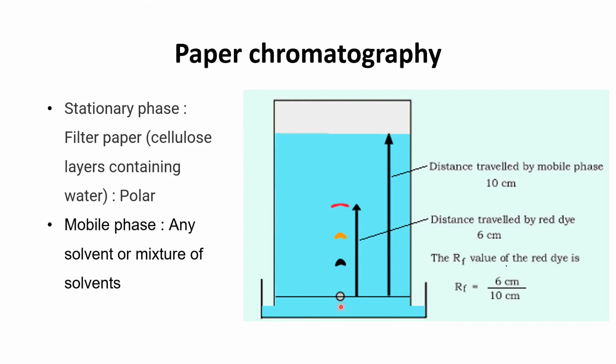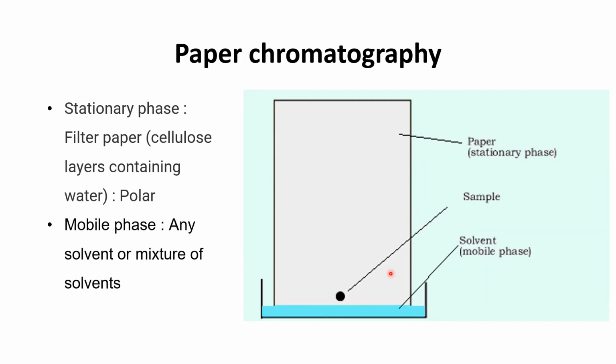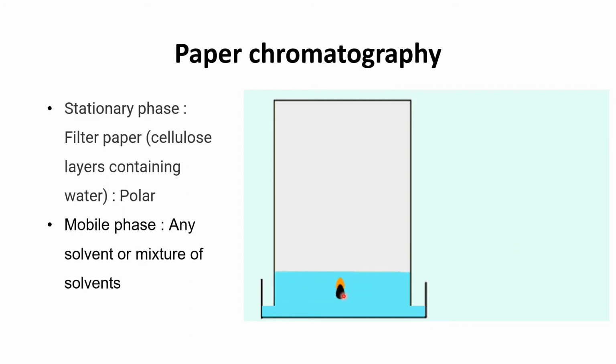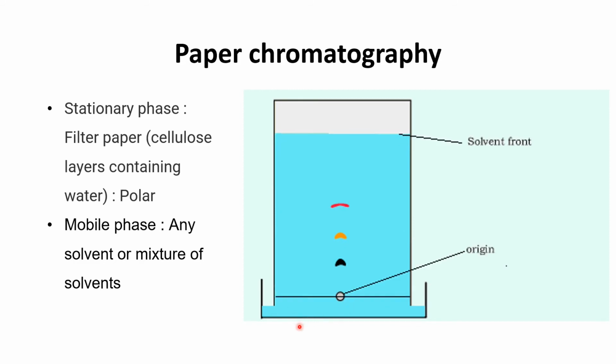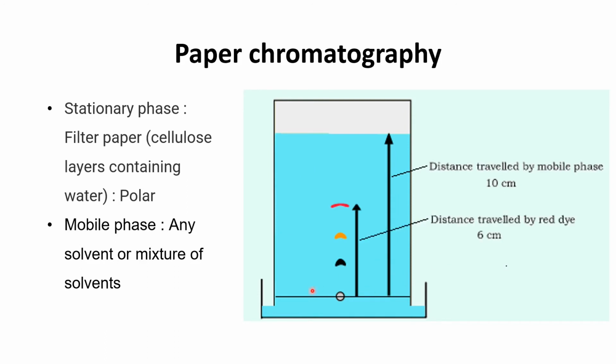we want to analyze. The method for paper chromatography is, first of all, we put a spot of the sample which we want to analyze at the bottom of the filter paper, and we then dip that filter paper with the spot in the solvent container like this. Due to the capillary action, the solvent starts moving up in the filter paper. Here I have taken a sample which contains 3 components, and when it starts moving with the solvent, it gets